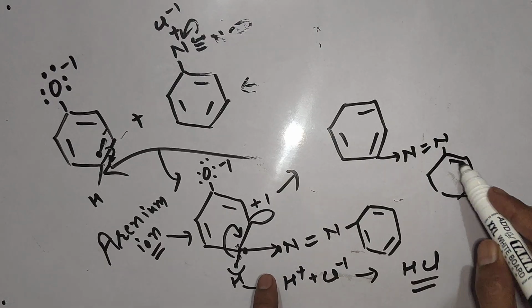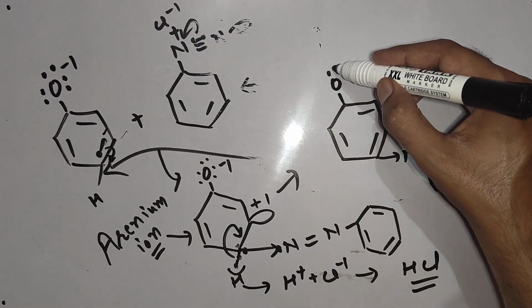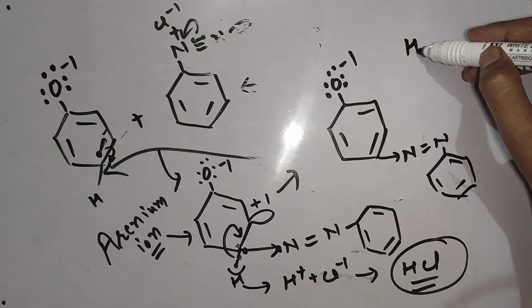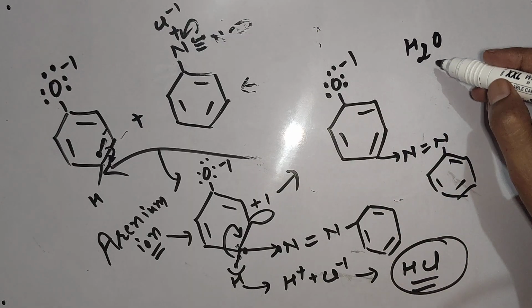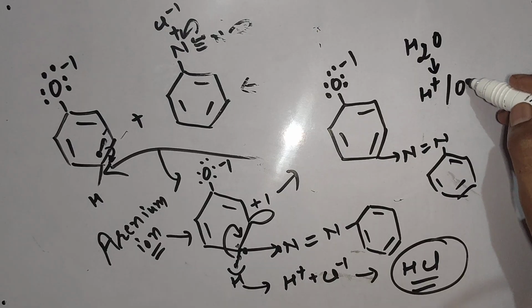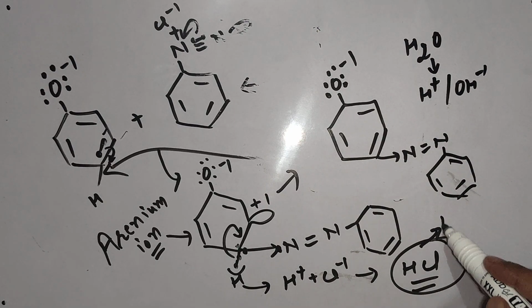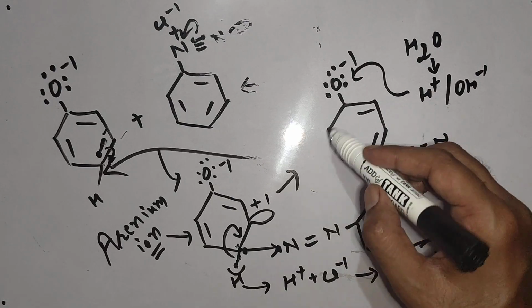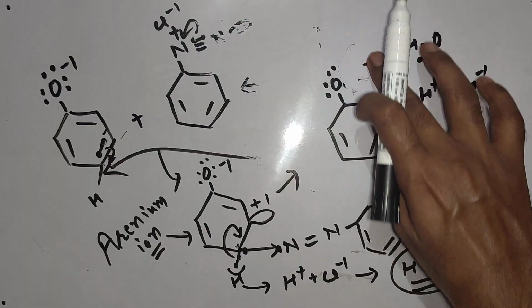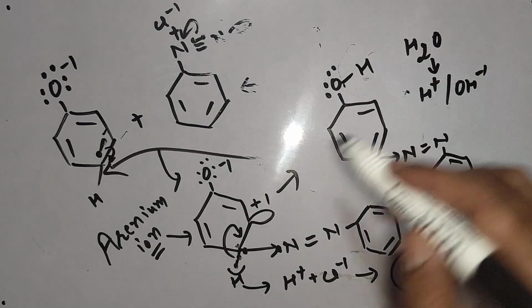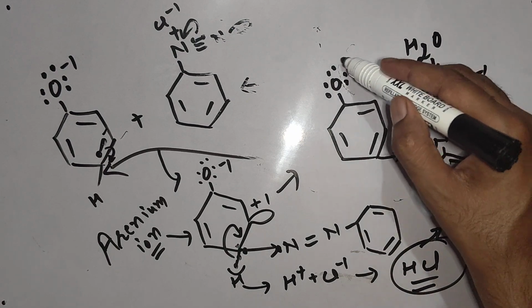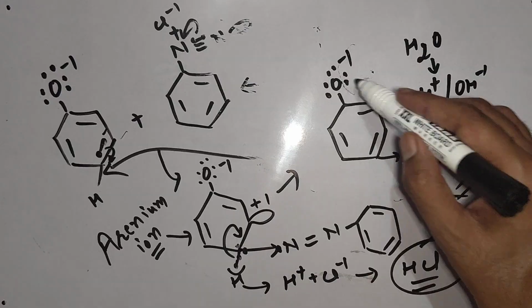This molecule is as it is, and here we have O negative. Now you will think how this O negative will be satisfied. Very easy. This HCl which is generated here and the water molecules which were released out here. You know water molecules can deliver H positive, OH negative. Acids can deliver H positive, Cl negative. So any H positive can finally satisfy it to convert it into an OH group. How will the bond generate? You know H positive contains a vacant orbital and this oxygen is carrying an extra lone pair. So lone pair, vacant orbital, a dative bond will generate